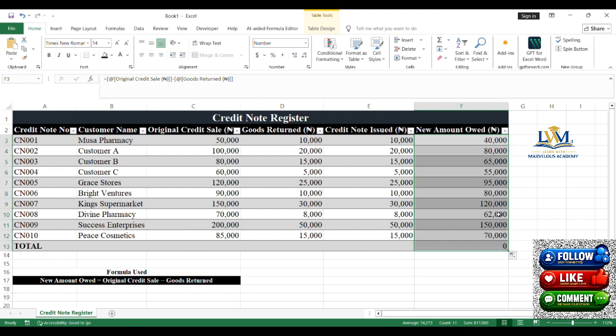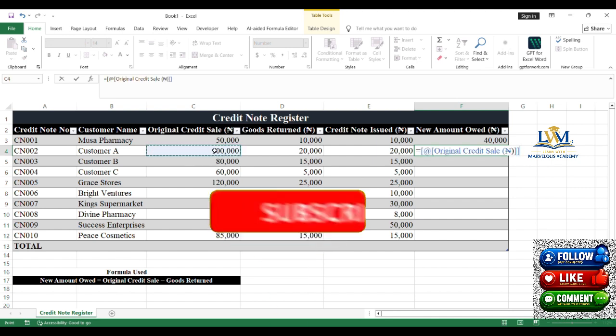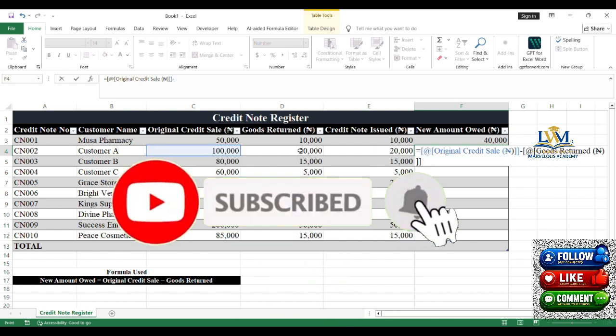Excel will help you auto sum everything automatically. But let me guide you step by step on how you can achieve this manually without Excel helping you to automate everything. After, I'm still going to tell you how you can do it in the easiest way. Excel will help you automate everything. So first of all, we're going to highlight all this and delete it. So when you put your cursor here, you press equals to your actual credit sales minus your goods return, and